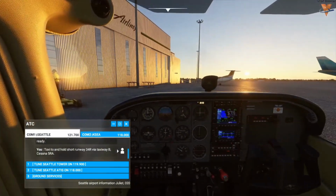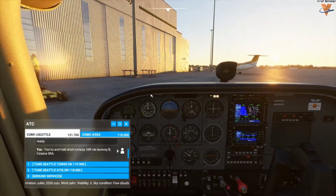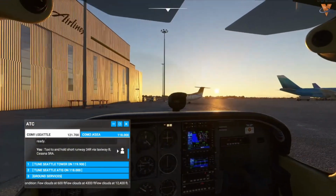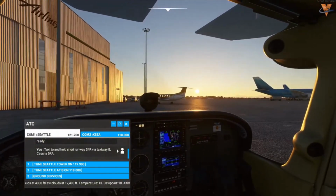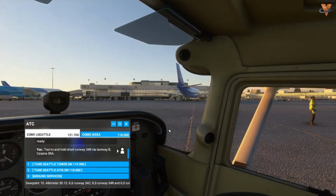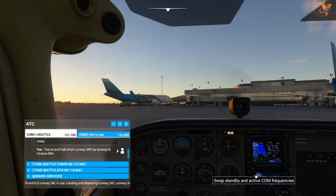Seattle Airport information Juliet. 0200 Zulu. Wind calm. Visibility 3. Sky condition, few clouds at 600 feet, few clouds at 4,300 feet, few clouds at 12,400 feet. Temperature 13. Dew point 10. Altimeter 30.13. ILS runway 34 center, ILS runway 34 right, and ILS runway 34 left in use. Landing and departing runway 34 center, runway 34 right, and runway 34 left. VFR aircraft say direction of flight. All aircraft read back hold short and...